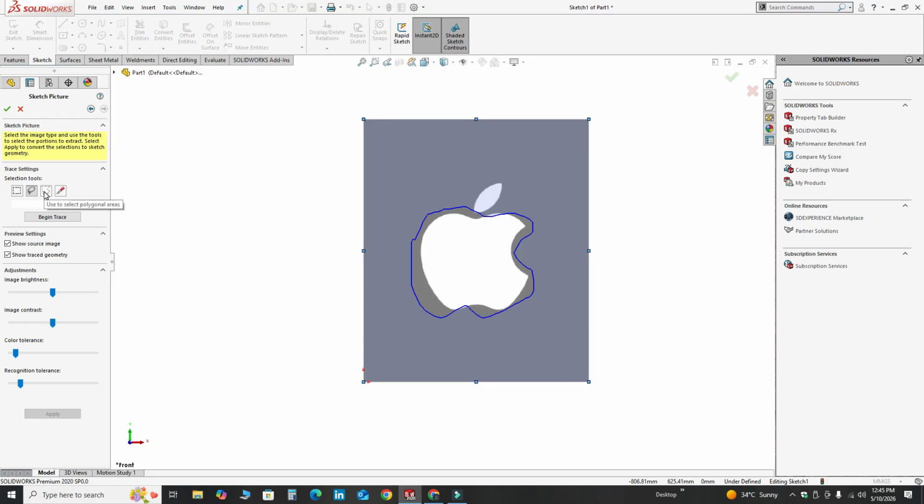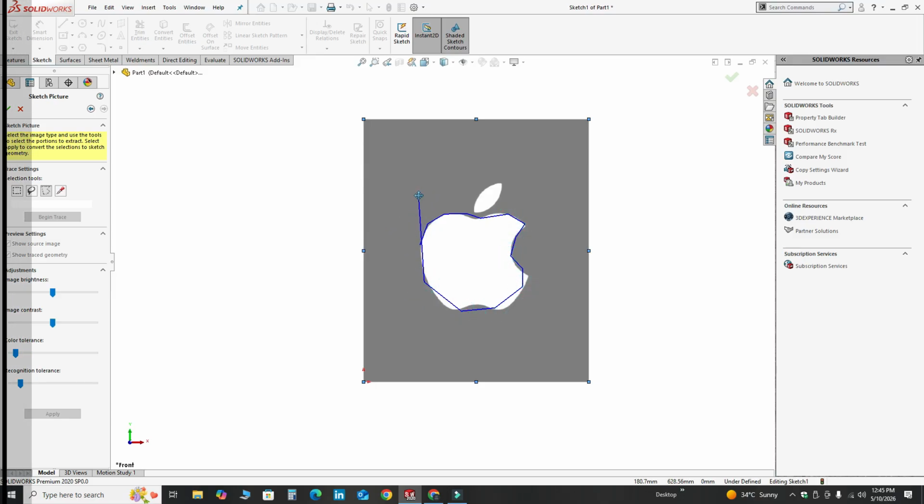And here we can select polygonal areas as well, like this. For example, I will draw one line here and then one line here and like this. Okay. But the easiest option for these kinds of logos and pictures is this one, use the color difference.